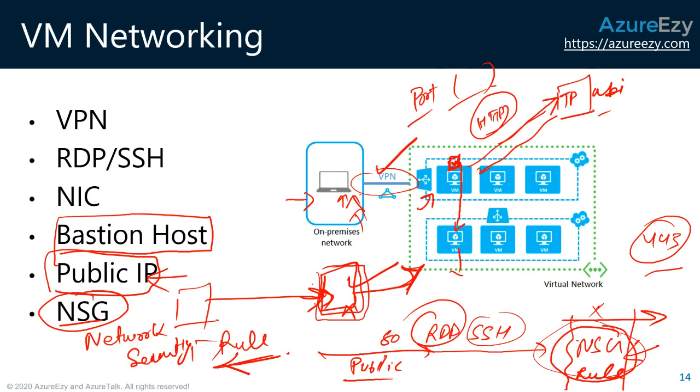Even though these are infrastructure-specific topics, as a developer you should be aware that this is the thing which is stopping my code. You have written your code, right? You have done your API call using .NET, using Node, using JavaScript or whatsoever language you are using, but your application is hosted on a virtual machine and is not able to communicate to the API so that communication, that transfer can happen. Now that's where these NSG rules, public IP, NIC card, RDP, all these things come into the picture.